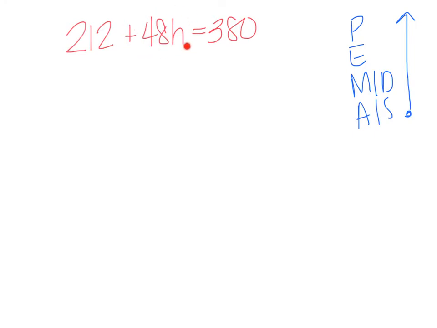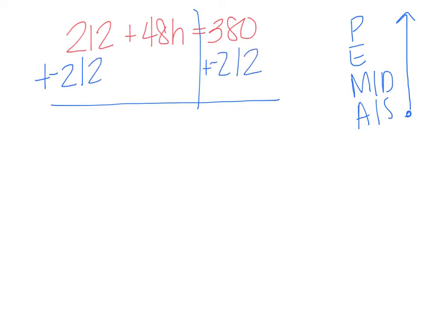Now we want to isolate that variable, so we want to get this alone. Remember, those are attached to each other until the very end. So we are going to use inverse on both sides of the equation, and remember, we add the opposite. So I'm going to add a negative 212 to both sides so that it cancels out on the left,